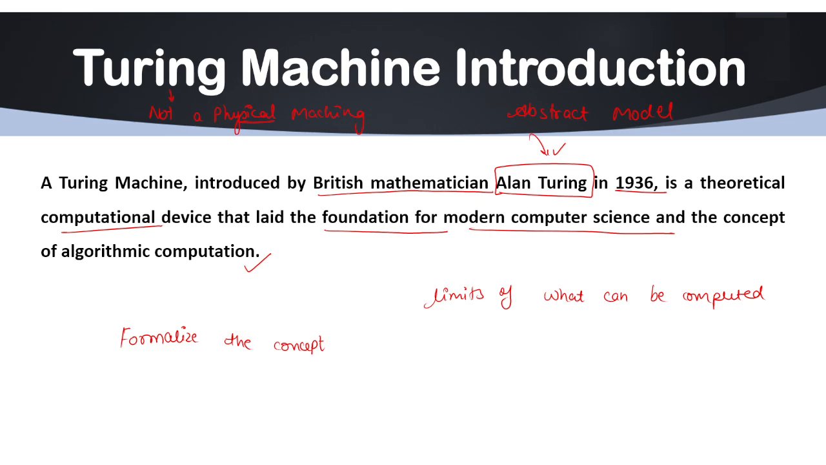So this is a very, very important statement. I am repeating it. Okay. So Alan Turing designed this particular abstract model or this machine to formalize the concept of computation in the field of computer science, enabling mathematicians and computer scientists to analyze which problems can be solved algorithmically,